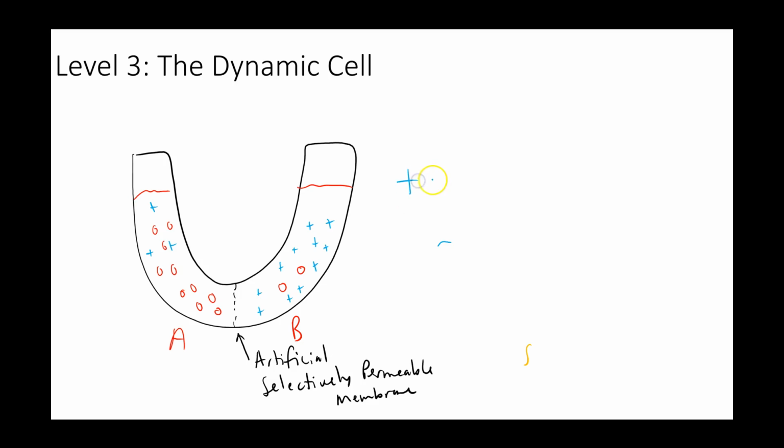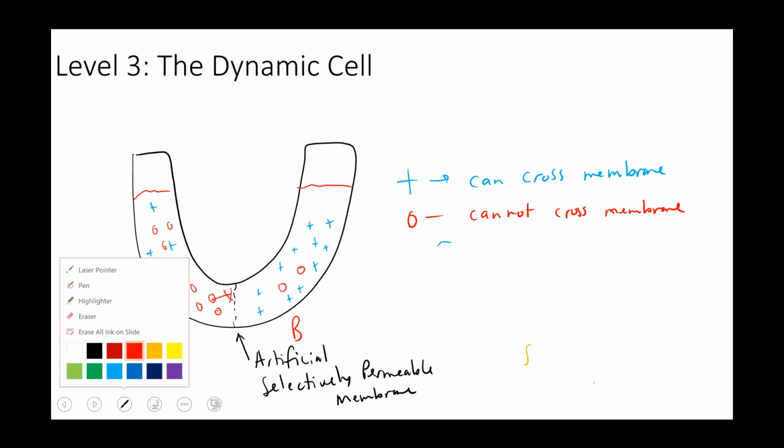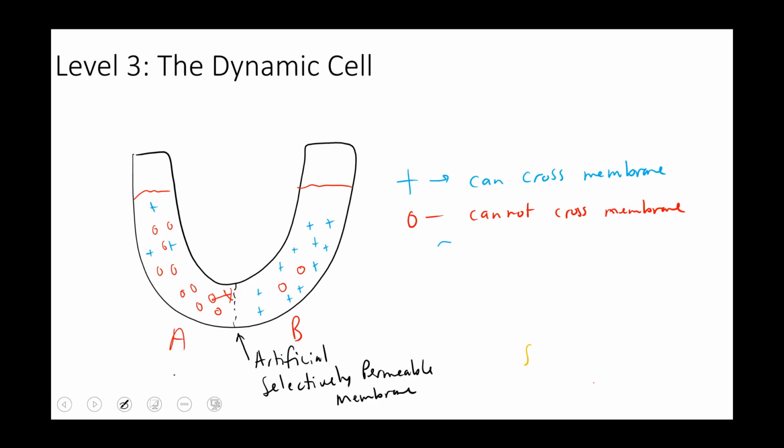We're going to say that pluses can cross the membrane, but we're going to say that the circles cannot cross the membrane. And then it becomes a little game. So these red circles are going to want to cross, but they can't according to the rules of the game. So from either side, they cannot cross. However, the blue crosses can in fact cross. So what will happen over time, and you break it down step by step,